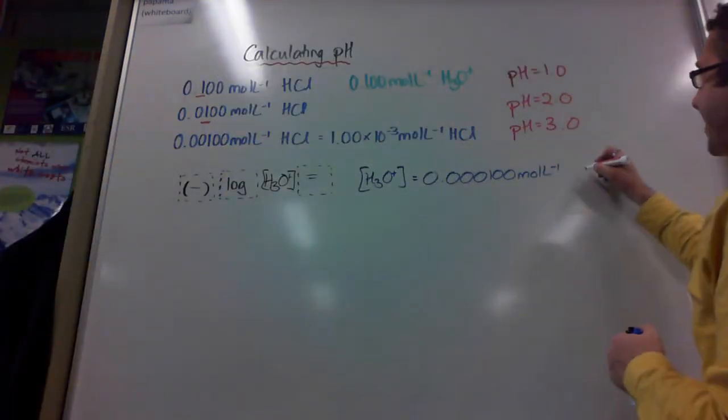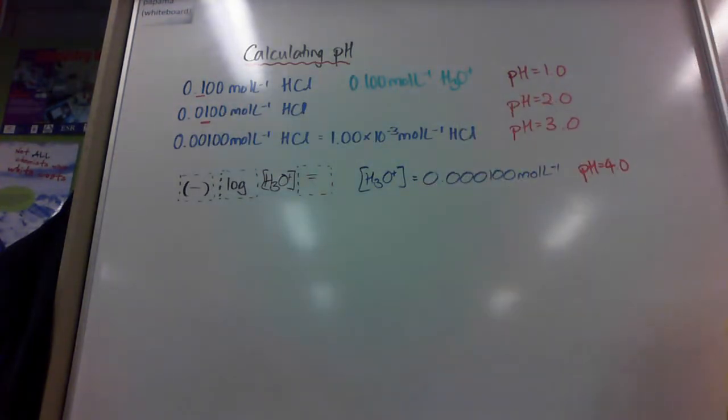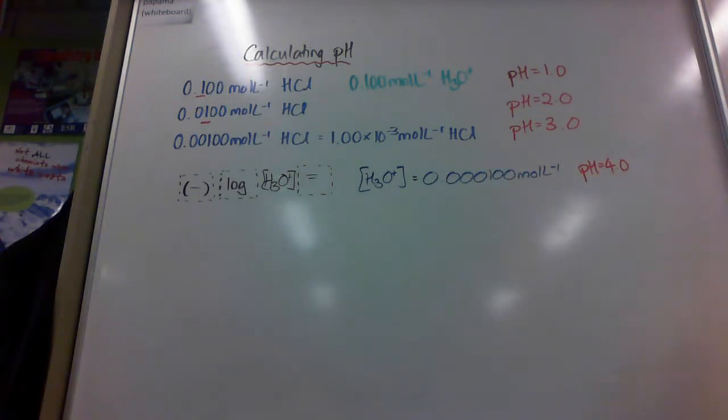The problem is, we don't always work with concentrations this convenient. Quite often we work with concentrations like 0.2 moles per litre or 0.05 moles per litre or something like that. So the pH is not going to be a nice convenient number. Okay, so there's one thing I did forget. The other way of writing this is